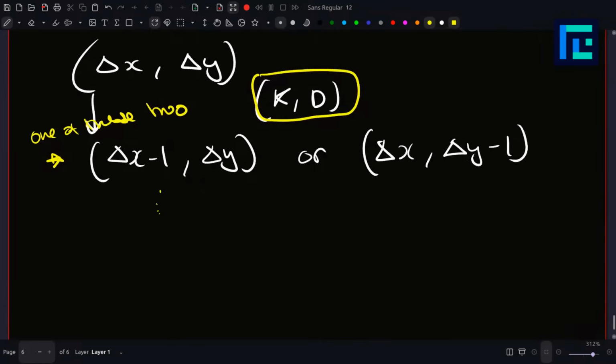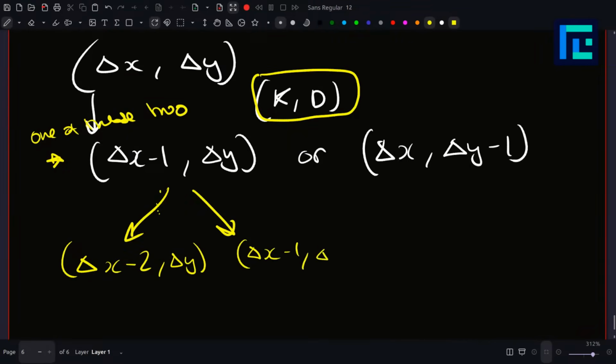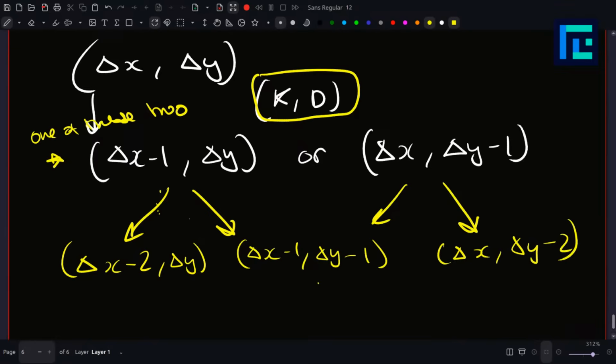And this continues for some time, right? This will continue for some time, and in another step this can become something like delta x minus 2 comma delta y, or it can become delta x minus 1, delta y minus 1, right? Or this can also go to the same position basically, right? And it can become delta x, delta y minus 2, right? And this basically continues on until